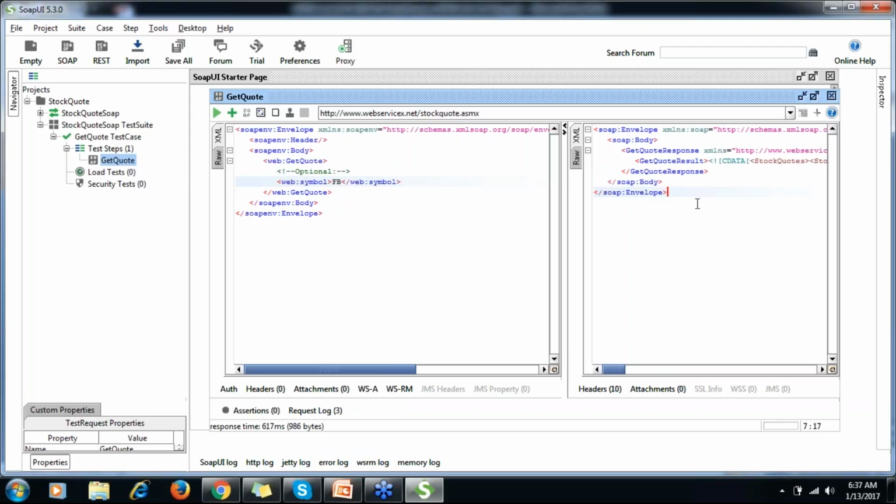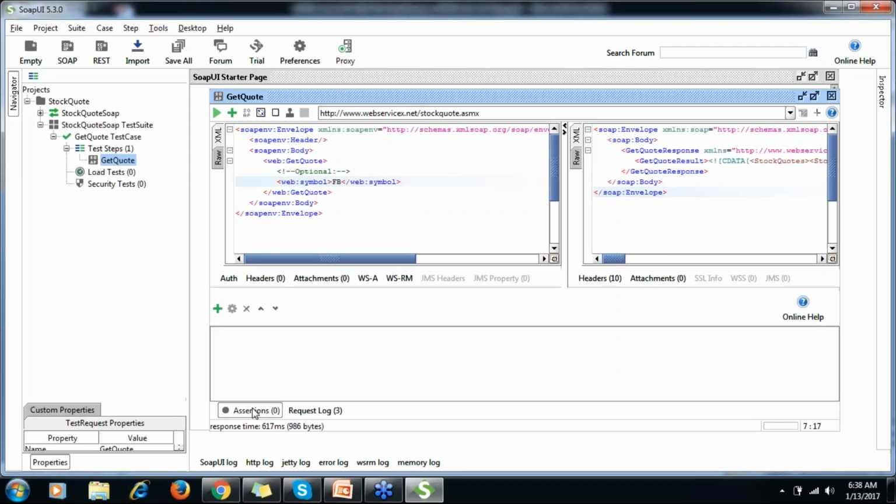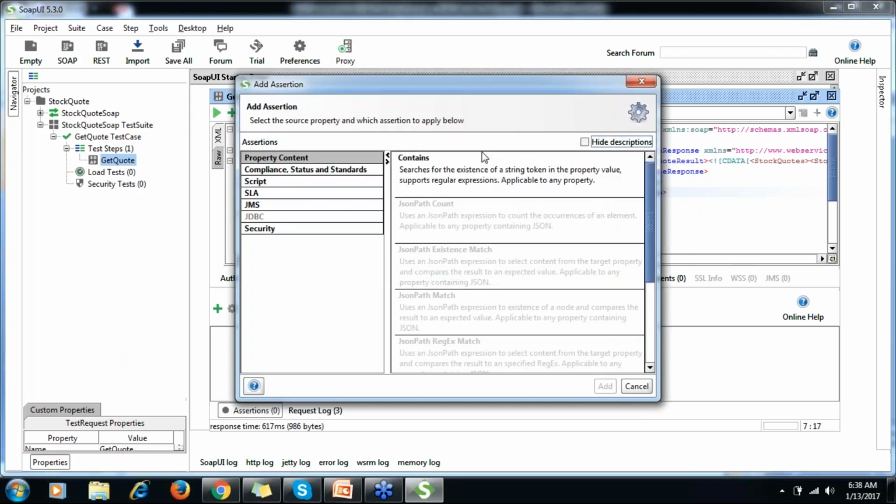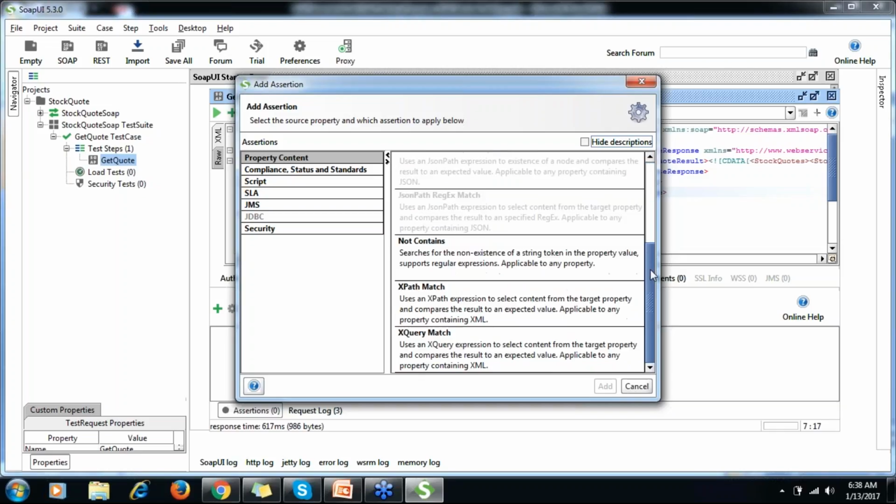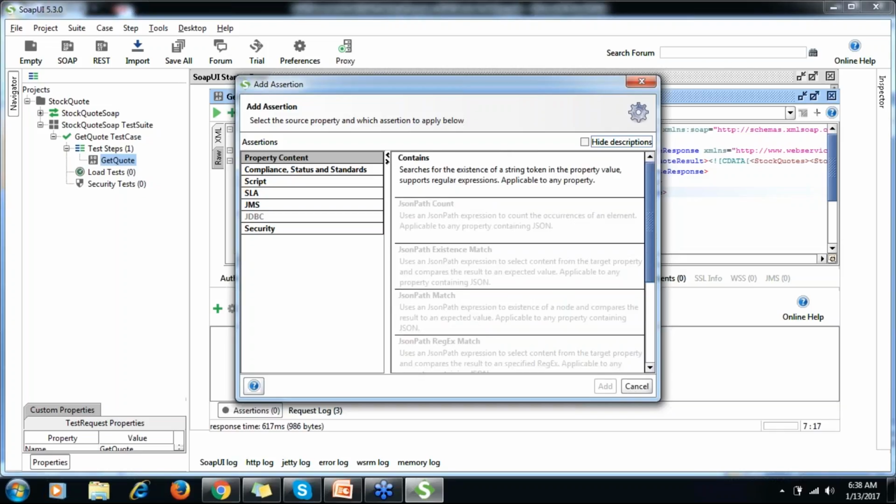After getting the response, our main responsibility is to validate, assert that response, if it is correct or not. So how we can do it, yesterday we talked, we can click on assertion, and if you click this green plus sign, okay, there are various assertions.